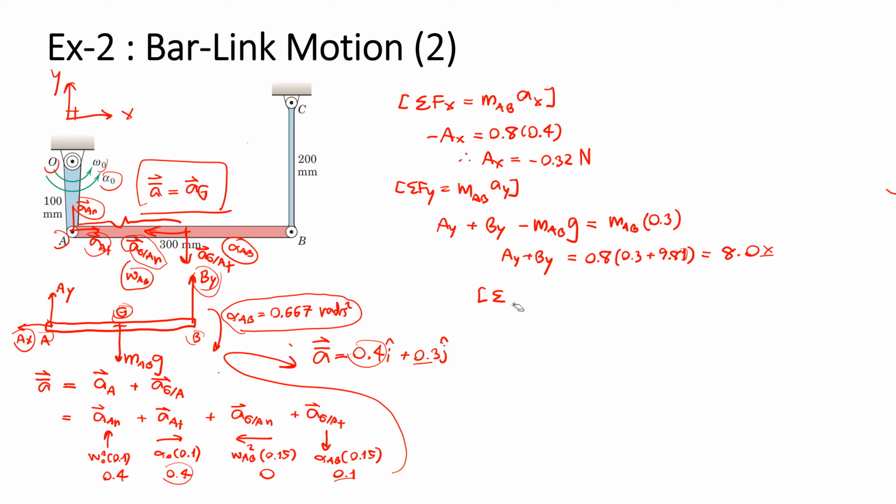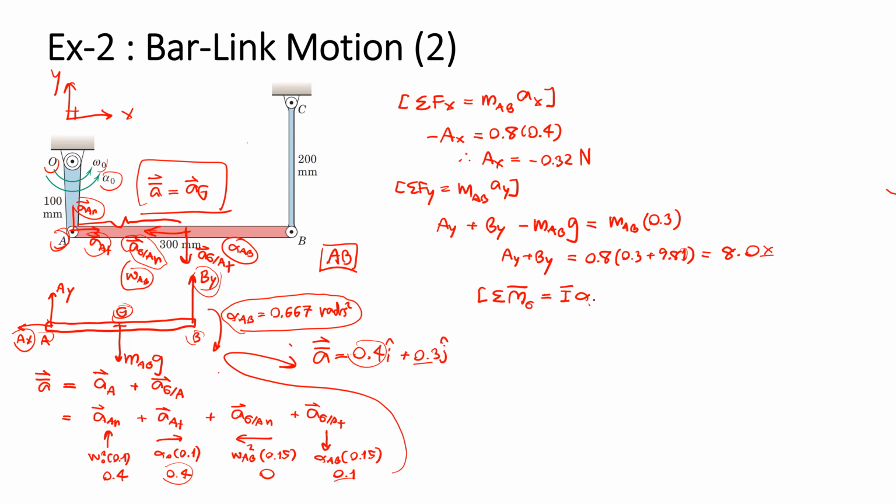We know that AB has general plane motion. I mean, it does not rotate about a fixed axis. It has rotation in combination with the translation of the center of gravity. So let's sum the moment about point G, equal to I bar alpha